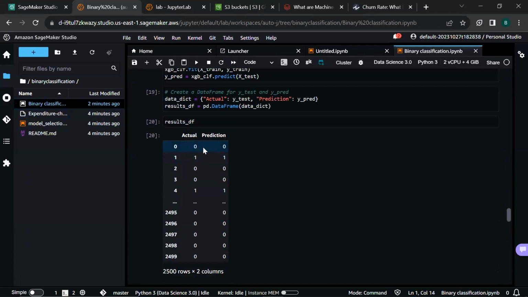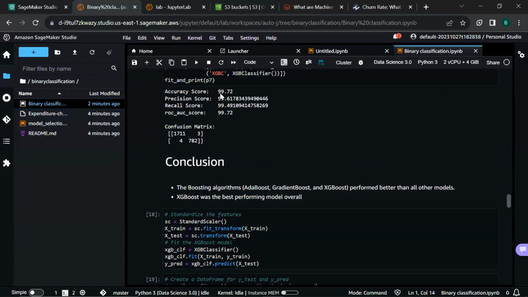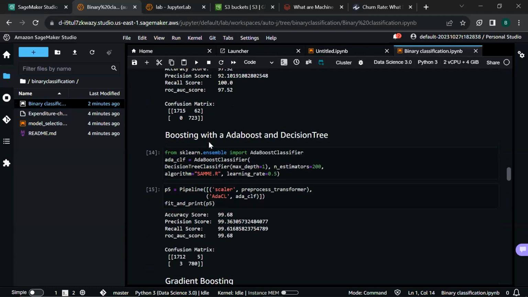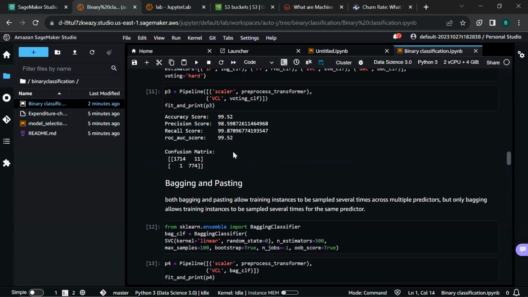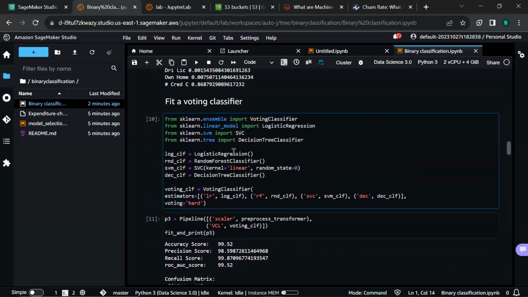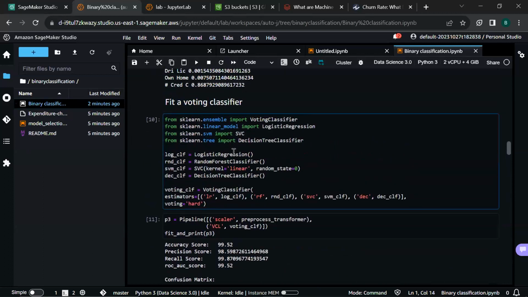It predicts whether the churn happened or not, it is correct 99.7% of the time. So that's an example of an end-to-end machine learning process where you get to import your data, clean it, and then train a model with it. The reason why I'm not going to go through all this code is because we might not understand what's going on. So I just wanted you to see that you can run your machine learning solutions on SageMaker Studio.